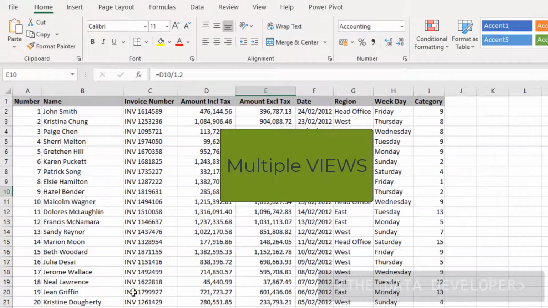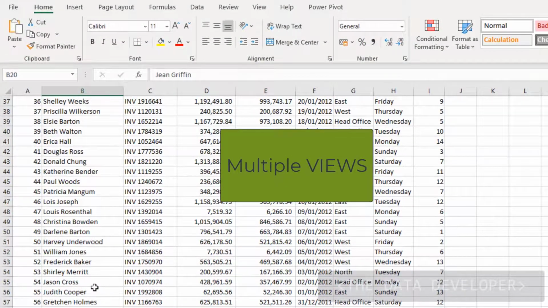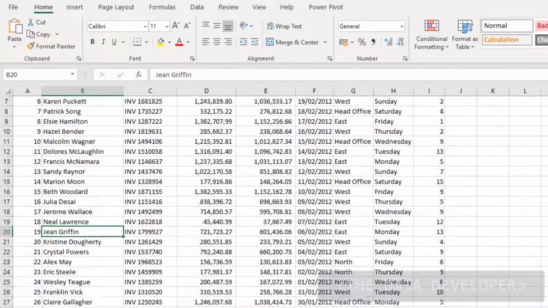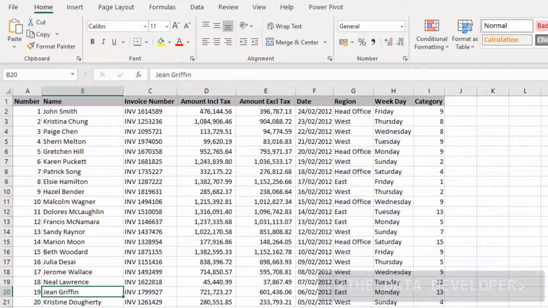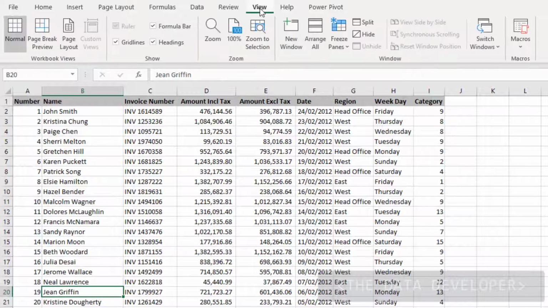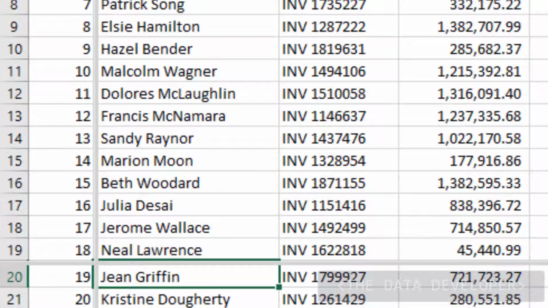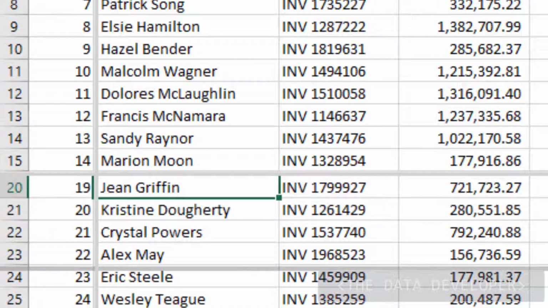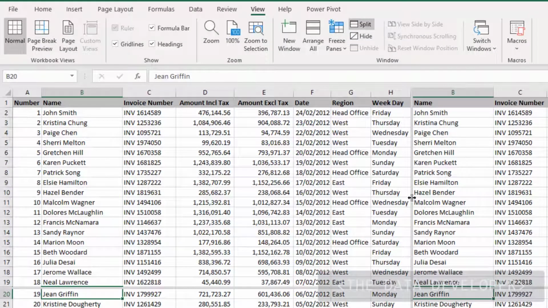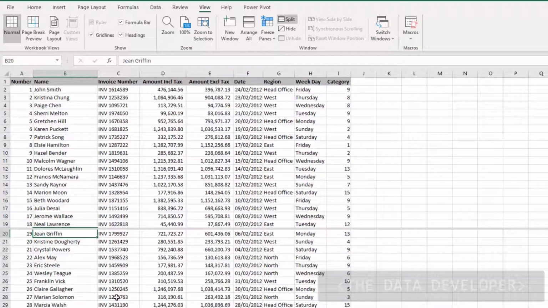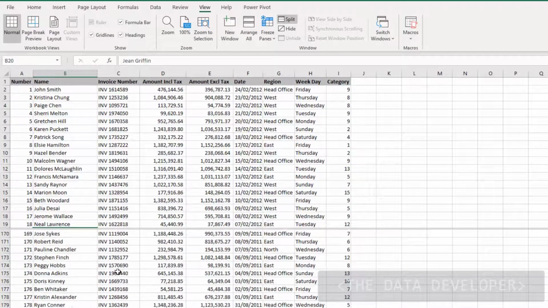The last two things I want to show you: if you have a long list of information like here and you want to see the top and the bottom of the list at the same time, there's two options available to you. The first one is if you click on View, there's a button here in the window tab called Split. If you click on Split, you'll see this happening to your sheet, and now you can move these gray bars around to where you want the screen to split. If you don't want it split in 4, you simply double click on this bar and now it's just split on top and bottom. And now if you scroll on the bottom, the top will stay static,